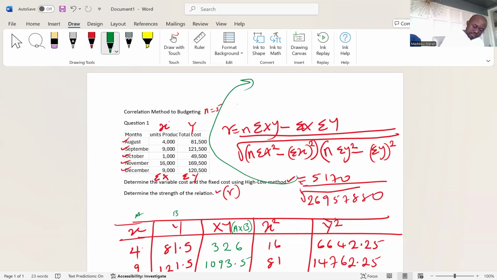My numerator is 5170 over the square root of 26957880. The square root of that is 5192. So my final answer for R is equal to